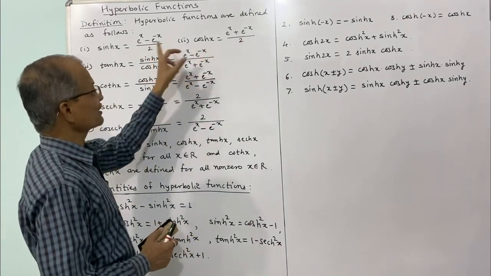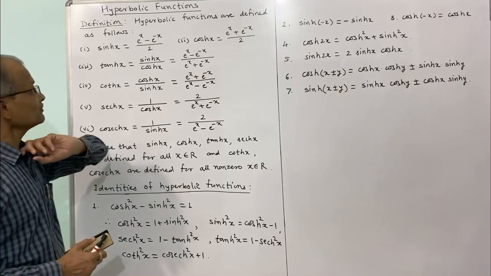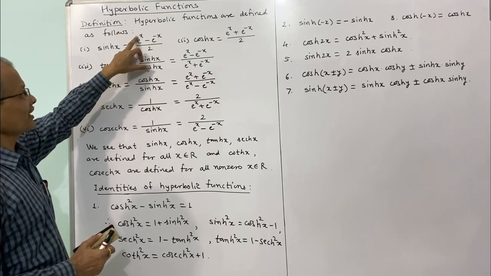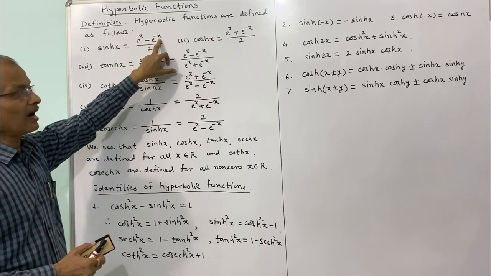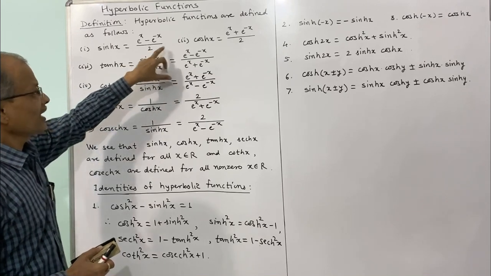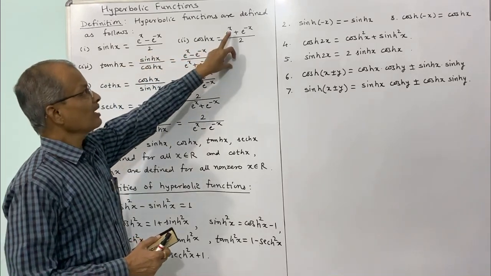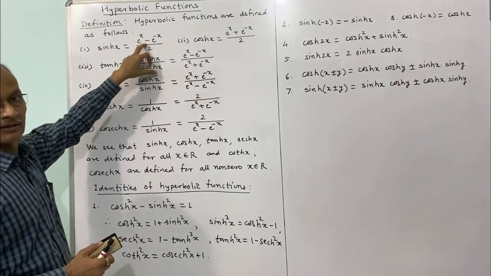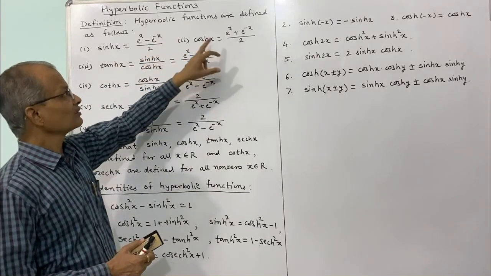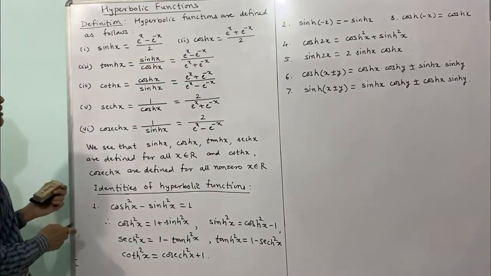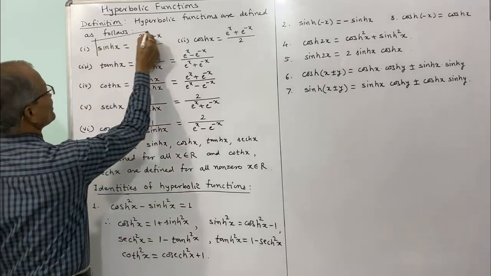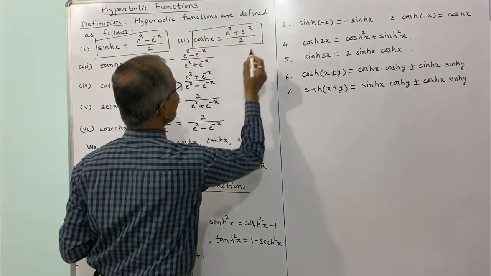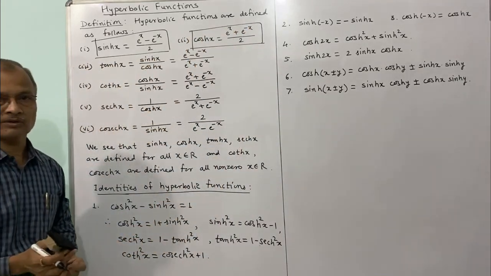Now see, these two are the main hyperbolic functions. For hyperbolic sine, there is a minus sign between e to the power x and e to the power negative x, and that is divided by 2. And for hyperbolic cosine x, these two functions are added. Here these two functions are subtracted, that is the difference, and both are divided by 2. So these are the basic definitions of hyperbolic functions: hyperbolic sine and hyperbolic cosine. And with the help of these hyperbolic sine and hyperbolic cosine, the